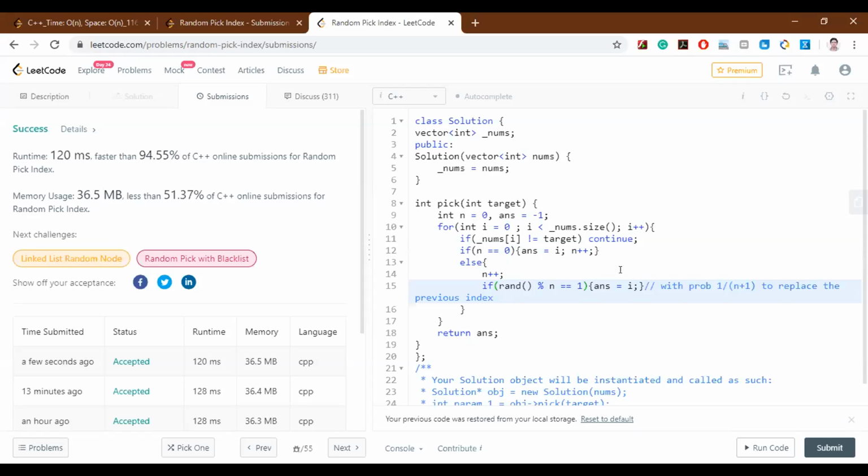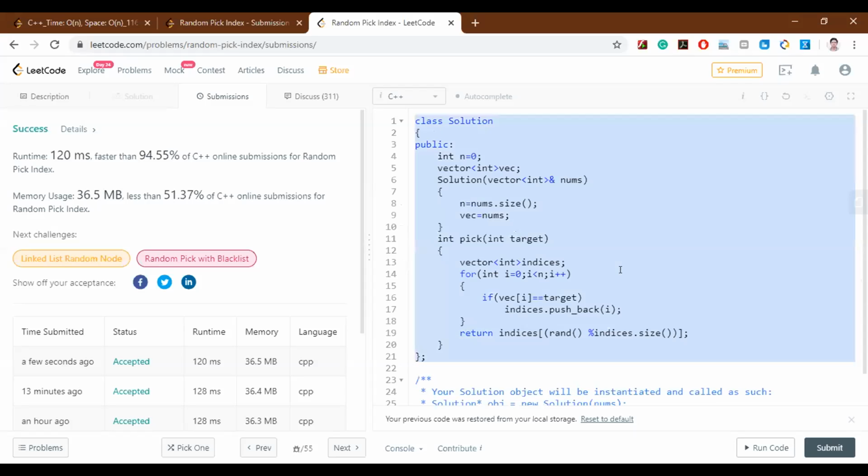I think there is a fundamental difference between what we discussed. There are two approaches basically. In the map approach, we already know our array has all the targets, and we call rand once, banking on the randomness of the rand function to say, okay, we got index 1 or index 0 or whatever index, and we just report that.